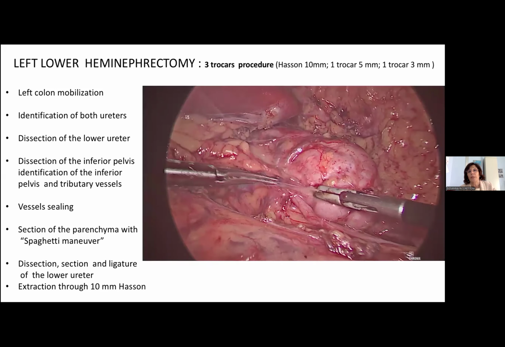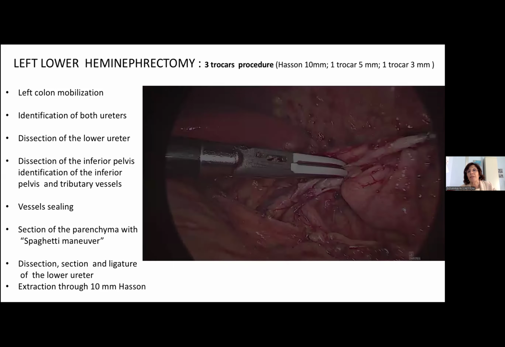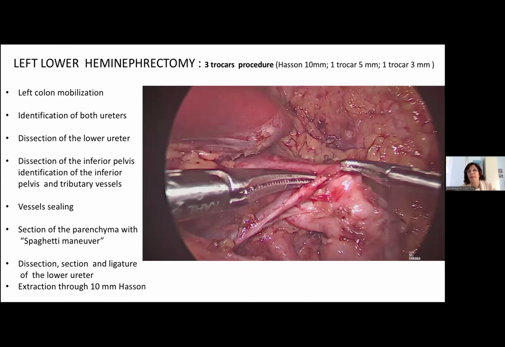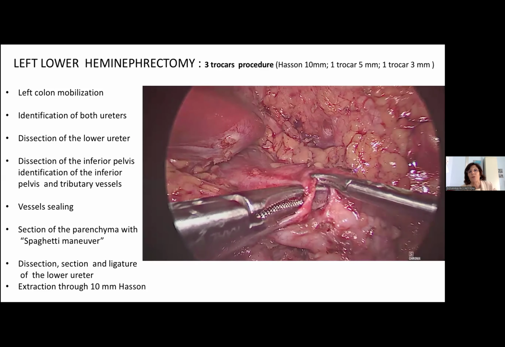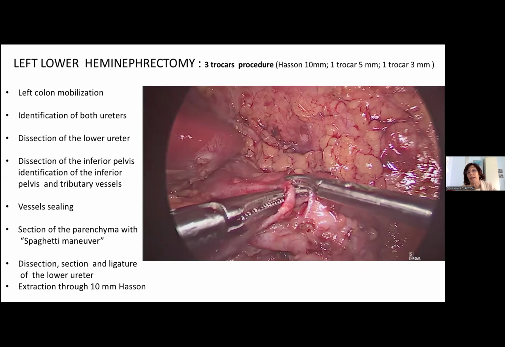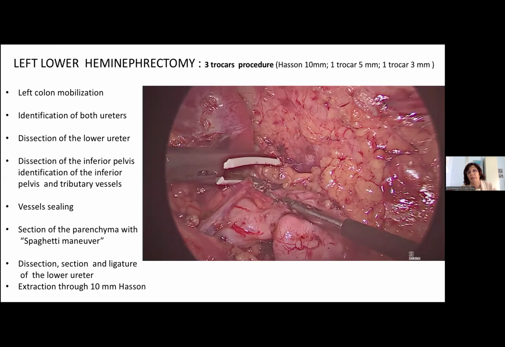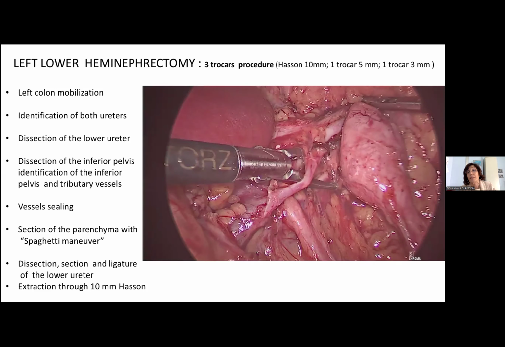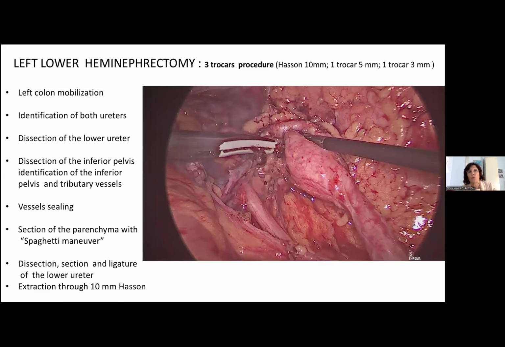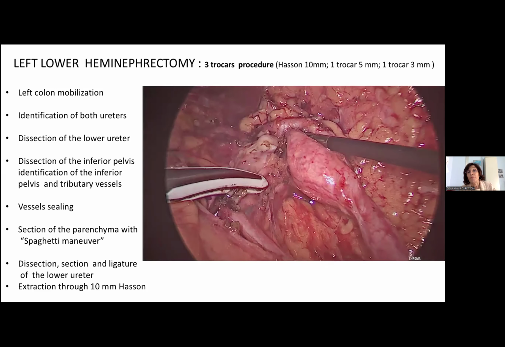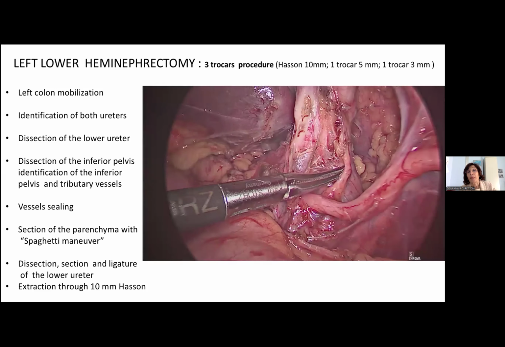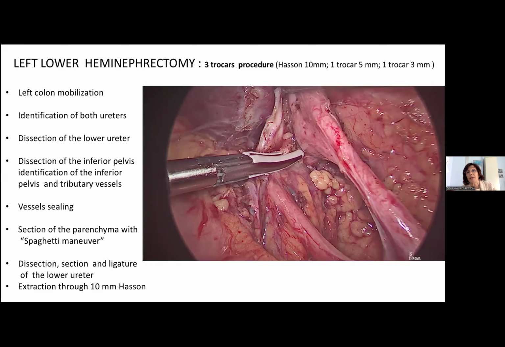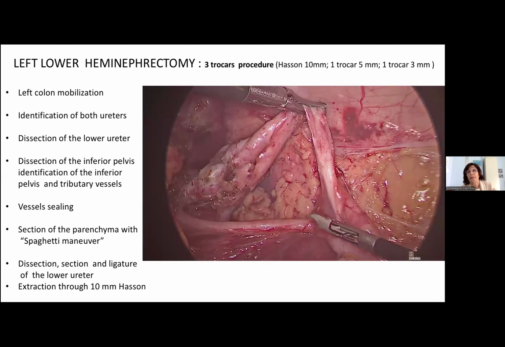in order to be able to isolate the vessel selectively. The vessels were not so big. I like to use the Maryland, and in this case it was enough to use the ligature to close the tributary vessels of the lower pole. Then we moved to the dissection of the ureter,